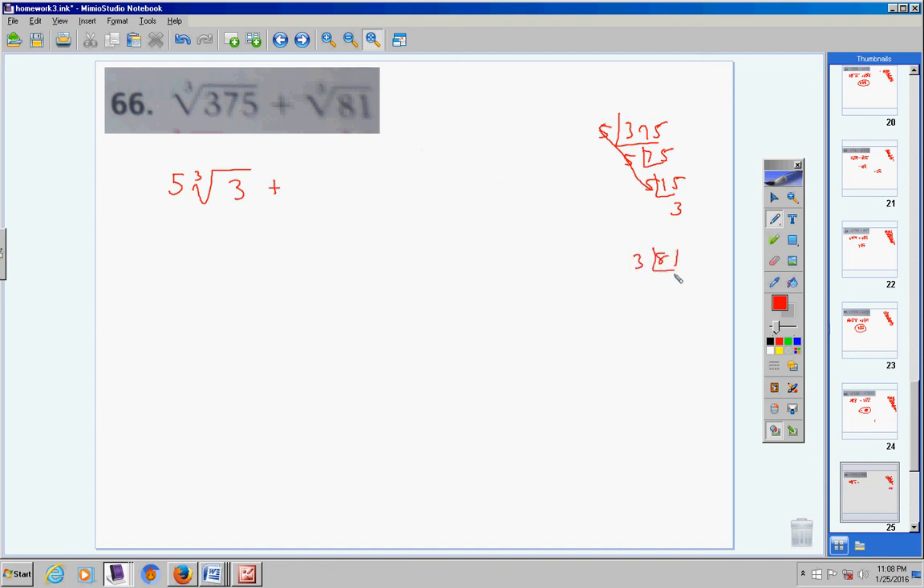3 would go into 81 27 times, and 3 would go into 27 9 times, and then 3, and then 3. Now, we're looking for sets of 3, so we're going to cross off 3 3s, put a 3 on the outside, and then we're dealing with cubed root of what's left over, a 3. So my indexes match, my radicands match, positive 5, positive 3, positive 8, cubed